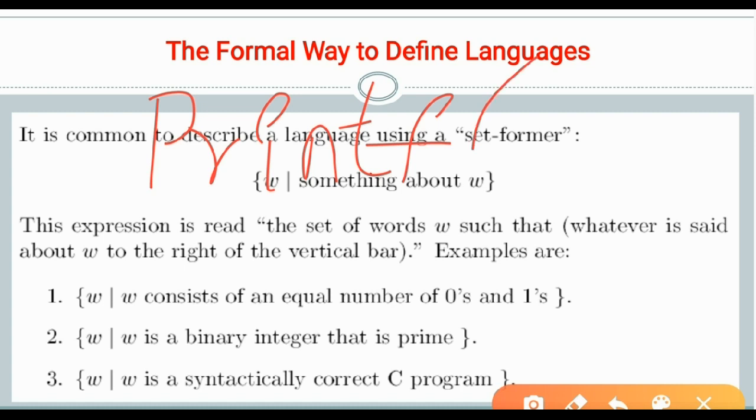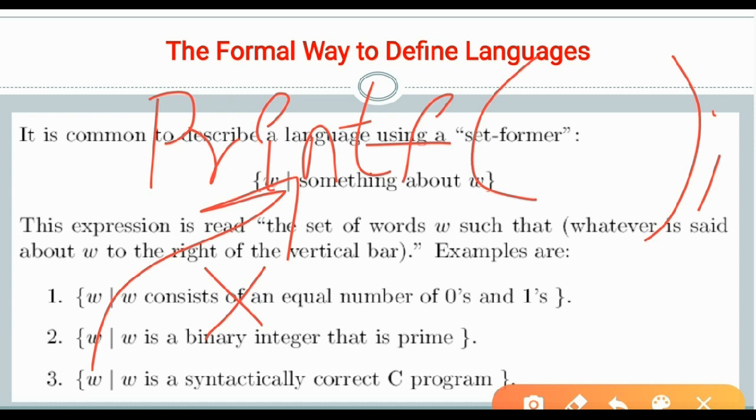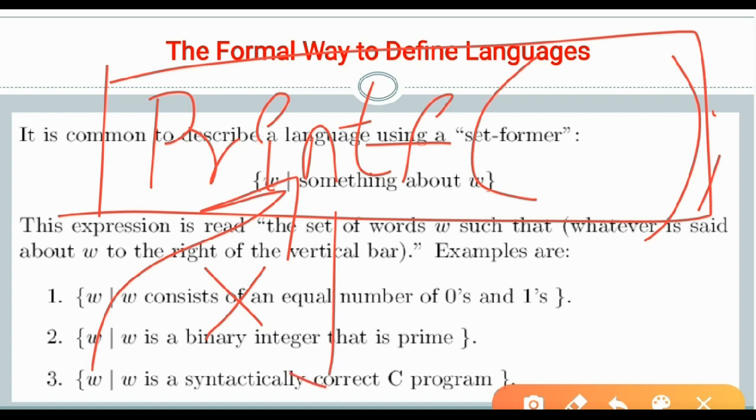I say printf, I am not writing anything and I keep it like this. Now this w, the word represented here, does not belong to the language. That's how we use finite automata in programming languages. Here the condition given for w is that it is a syntactically correct C program. It should be a syntactically correct C program. So I need to see printf, you should have braces.